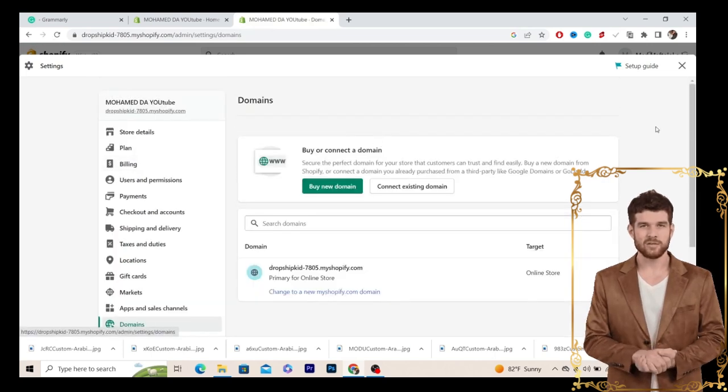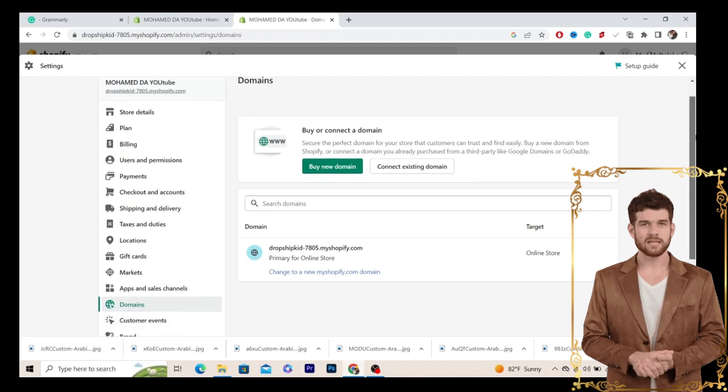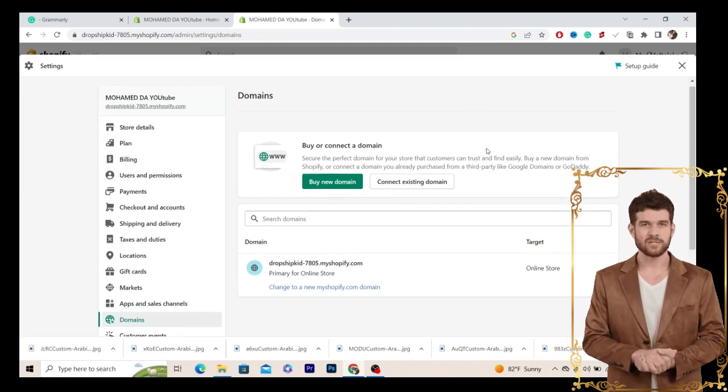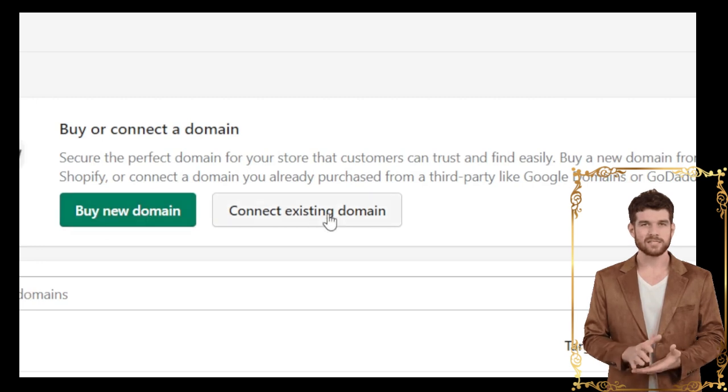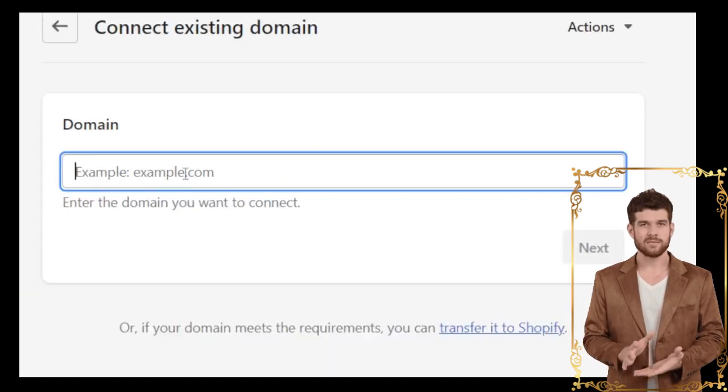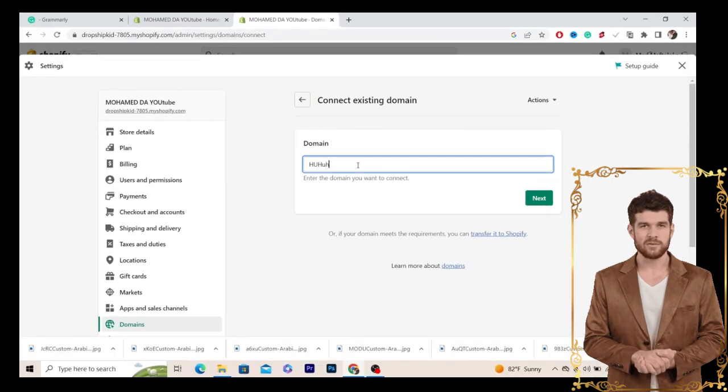Now after you are on this page, next you want to change the domain name. That's why you are watching this video. You want to change the domain name. Now you can either buy a new domain name or you can connect an existing domain name. Now if you have an existing domain name that you have purchased, you can click on connect and then you can put it here, okay,